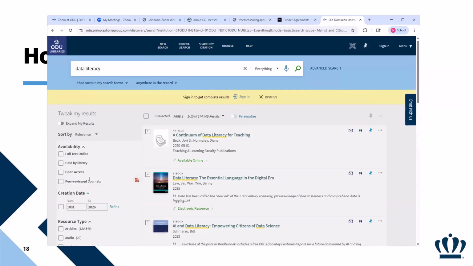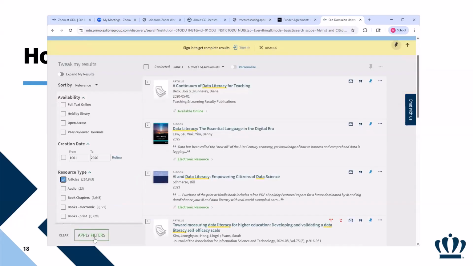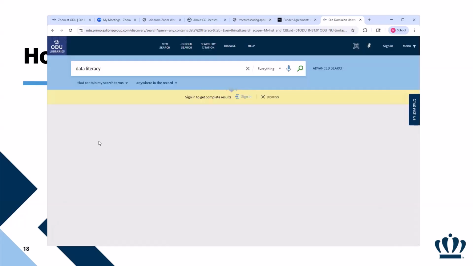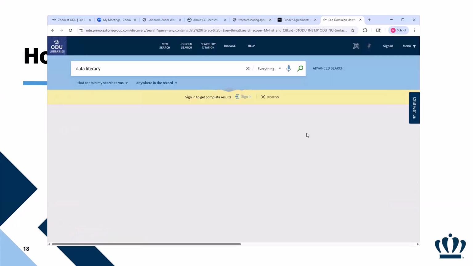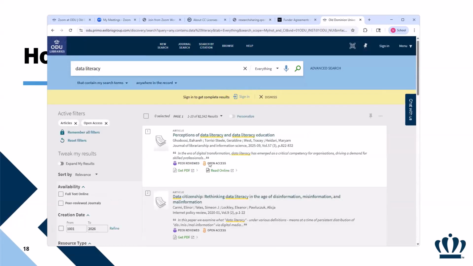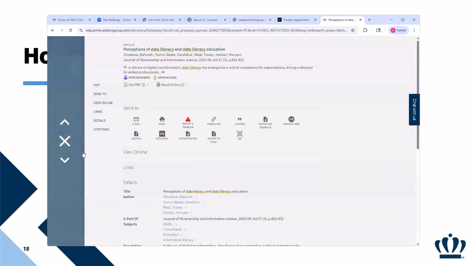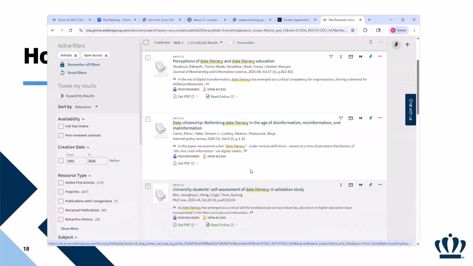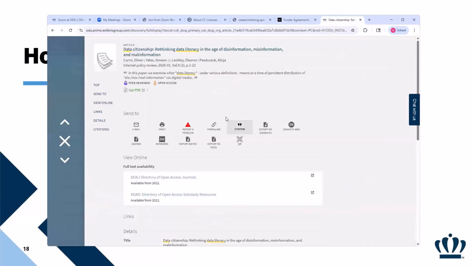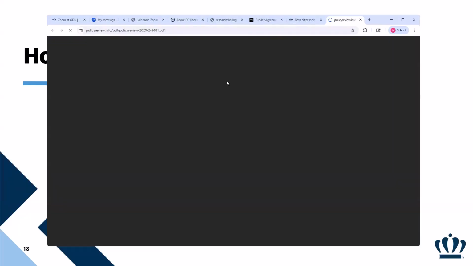And then we do have some filters over here. So I want articles. And then I'm also going to search for open access just to make it easier right now. So we see this little open access badge. If we go to one of these, we can go get the PDF. If we look at the PDF,